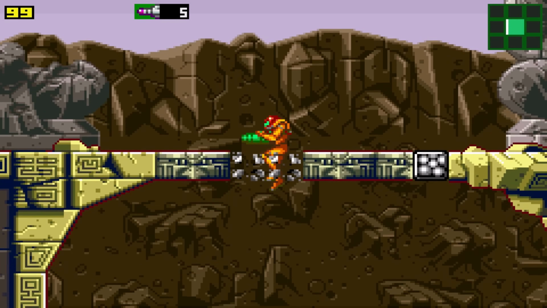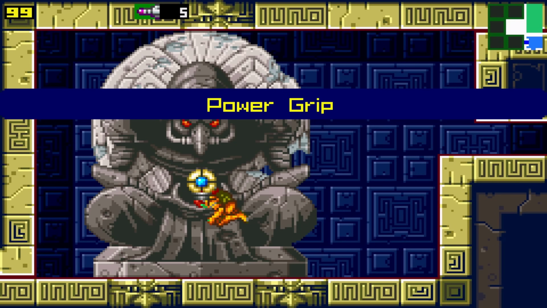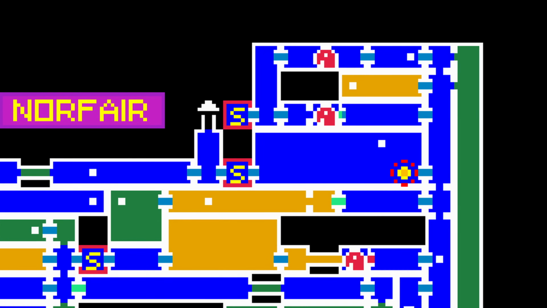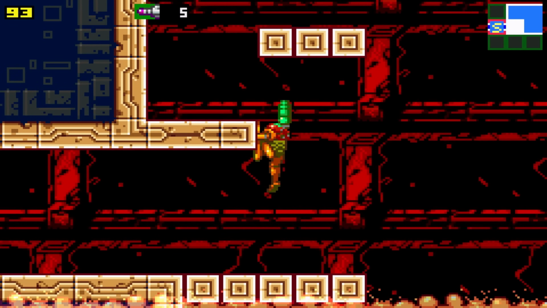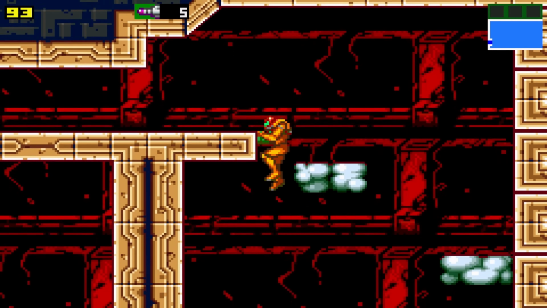Next we take the door to the left, drop down through the crumble blocks, and then bomb the left wall to pick up the required Power Grip, clearing the arbitrarily set vine wall in NORFAIR, and allowing us to continue in that direction. We return to that room, cross it in the intended way by simply grabbing the edges of the platforms and pulling ourselves up, and then take the door to the right, which the vine wall was previously